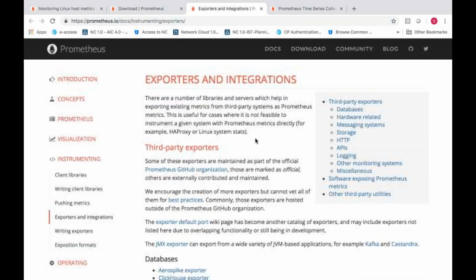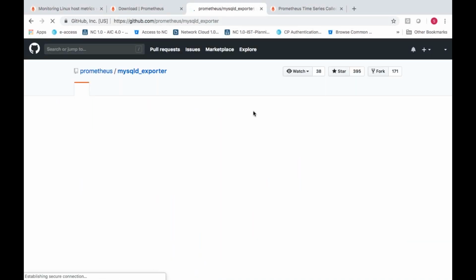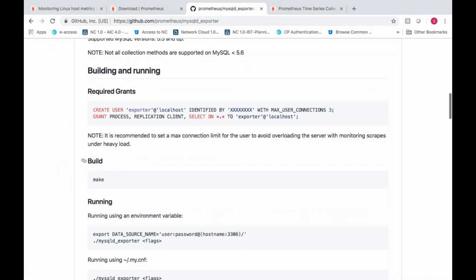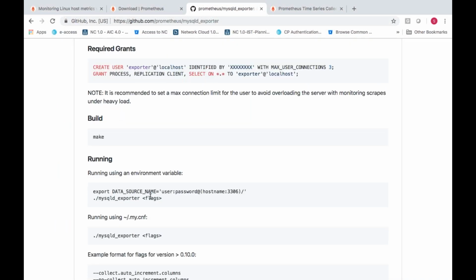Everything is documented, no need to worry. If you want to see MySQL, it is official, you can see here it is showing as official. Here is how they run it. You can see they are passing the username, password and the host details, that's it.